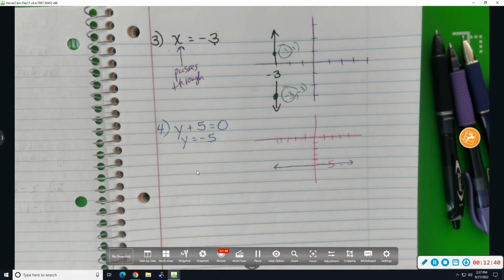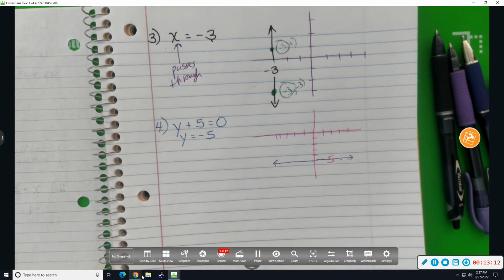Back when we used to teach the developmental math, I remember Tony would tell us, class, get the variable by itself, the number on the other side. This says go to the x-axis and extend the mark at -3. Think about the little tick marks we make. Aren't they up and down? And here, go to the y-axis, extend the mark at -5. At -5, it's a little horizontal line. So,